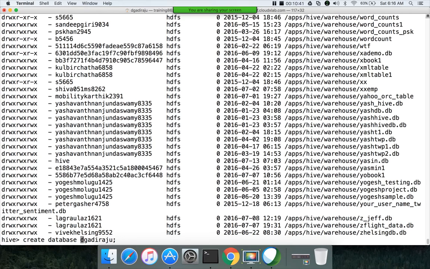Again, I explained this as part of the next class, or I think last class as well. You can say if not exists and then give the database name. If you do not use if not exists and the database already exists, it will throw an error. And in Hive, it is quite normal to create as many databases as you want while performing the data integration into Hive.